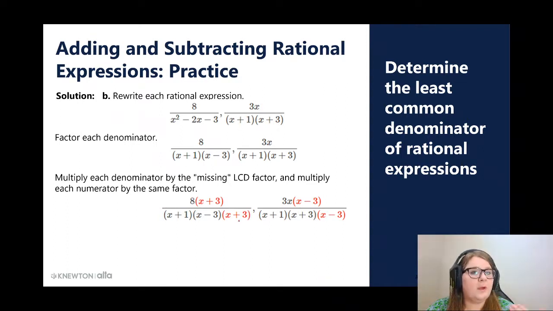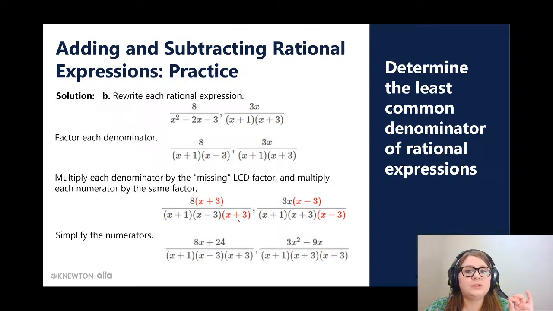But whatever you do to one part of the fraction, you have to do to the other. So if you multiply by x plus 3 on the bottom, you multiply by x plus 3 on the top. Similarly, if we look at our second fraction, it didn't have the x minus 3 from our list, so we multiply by that on the bottom and on top. Now, we do simplify the numerators at this point. We do not multiply out the denominators, okay? But you do distribute out the 8 in the first fraction,